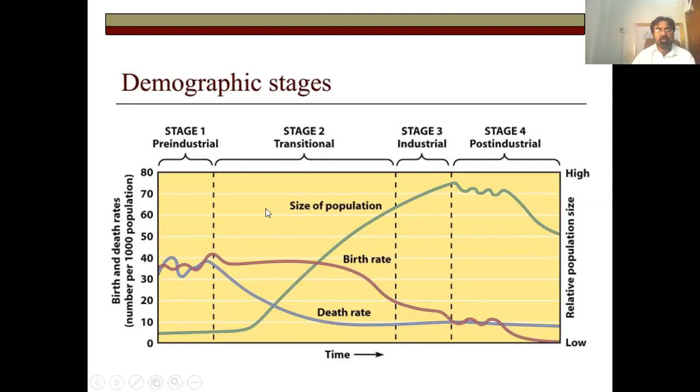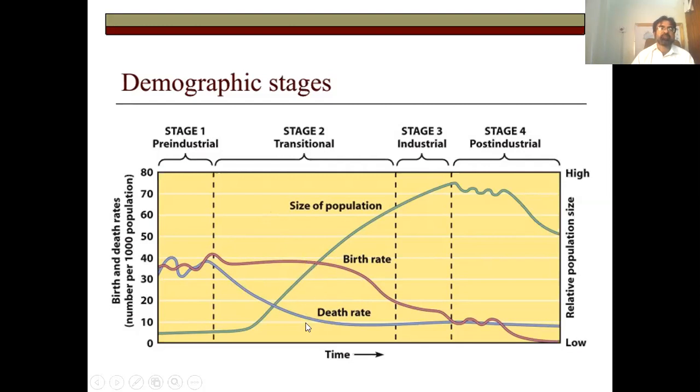They produce more and more children, but suddenly the death rate decreases. And there was a big space between the birth rate and the death rate. So this space indicates the population. And there was a population explosion. In the second stage, there was a population explosion because the people tried to produce more and more children, and